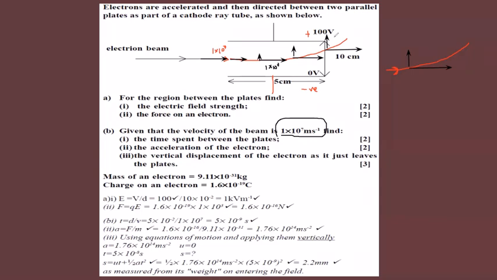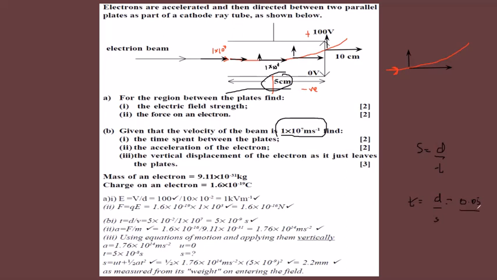The force caused its acceleration. That is why the velocity will increase. So first we need the time it spent between the plates. As the horizontal component of velocity does not change, and the horizontal distance is 5 centimeters, we'll convert into meter, so it is 0.05 meters. And we have this simple formula: speed is equal to distance over time. So time is equal to distance divided by speed. What was the distance? The horizontal distance is 5 centimeter, which is 0.05,